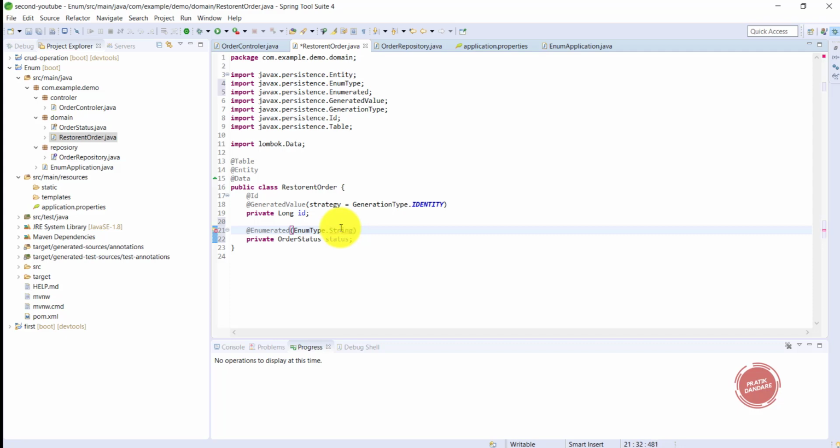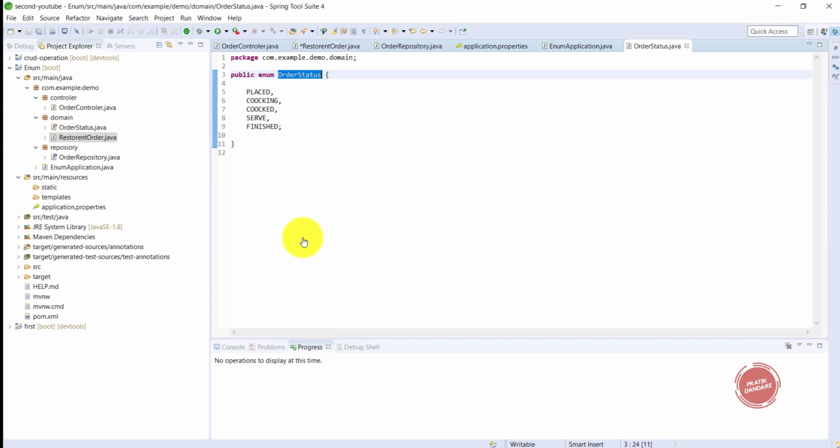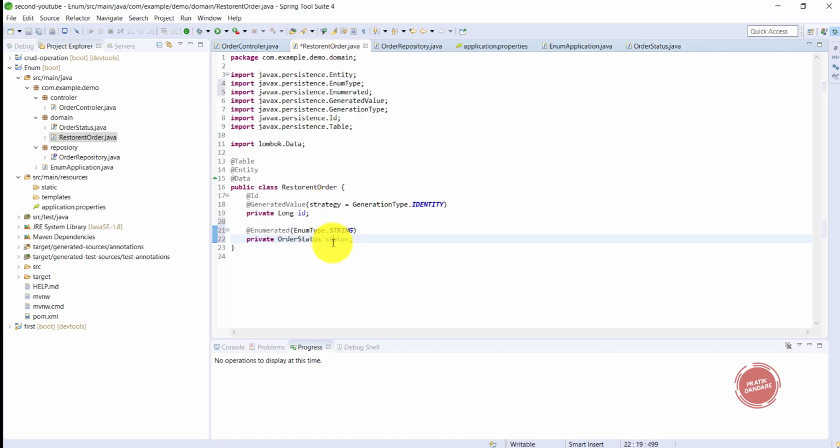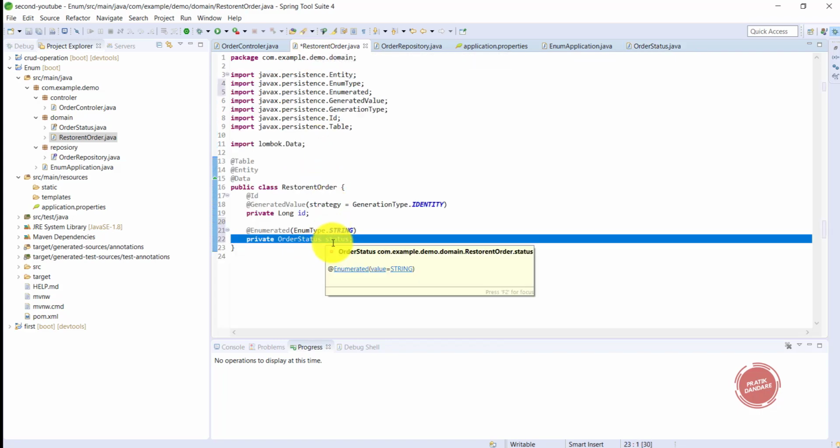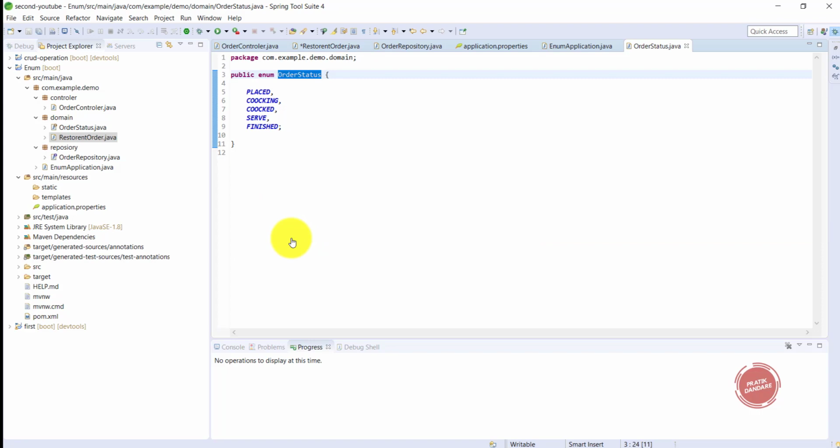Now we have another case. For example, if we created a constant class instead of the OrderStatus enum, what happens if someone passes a status that is not inside that enum? At that time it goes directly and is saved into the database. But what we want is constants. So suppose someone passes such a value inside that status variable. What happens at this time? It throws an exception. So you need to pass only values which are present inside the OrderStatus enum.